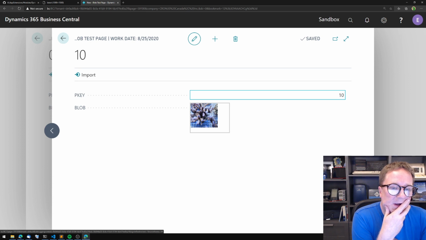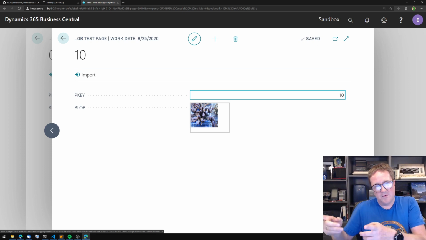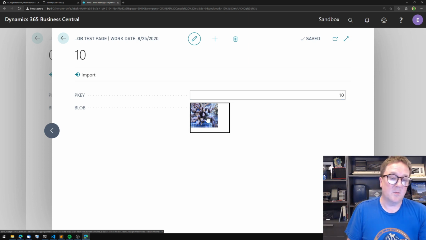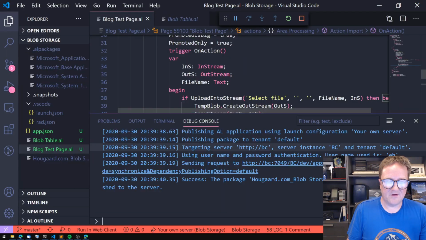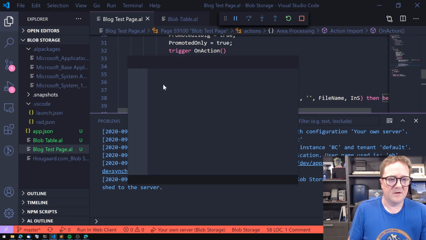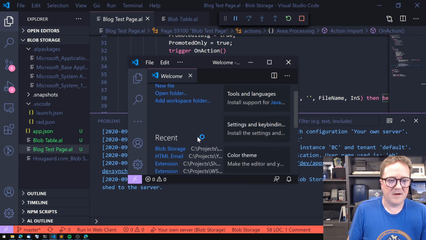So we went over the stream, no pun intended, but we went into the temp blob, and then we went from the temp blob into the blob field in the table. So that's how you can use the temp blob. If I quickly go and open, I can actually, let me do this, and then I find